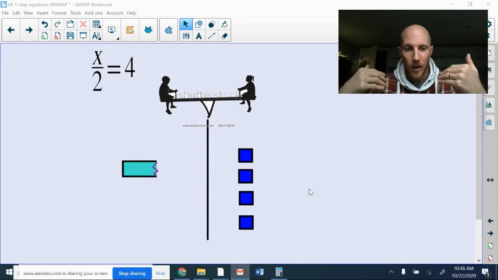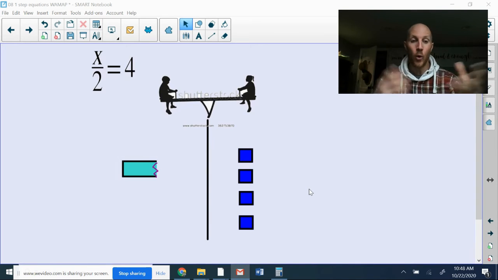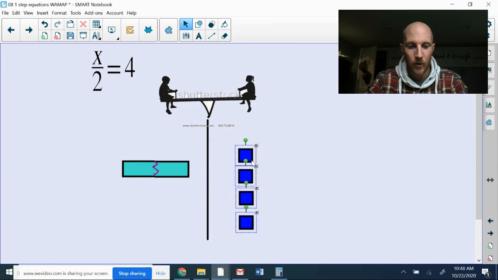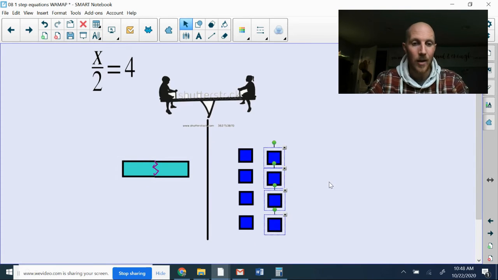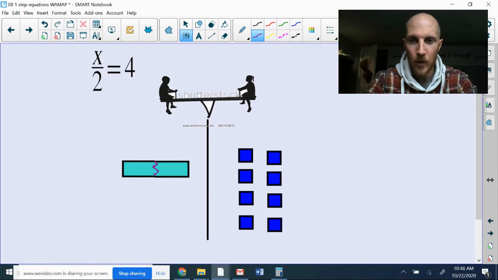And so if I think about this intuitively, if I have half an x and that's 4, I could just double it, right? And that would give me a whole entire x. So if I had another one of these and I could stick those together to make a complete x, I would have to also double what is on the other side of the teeter-totter, so it's going to stay balanced. Okay, with the equation,